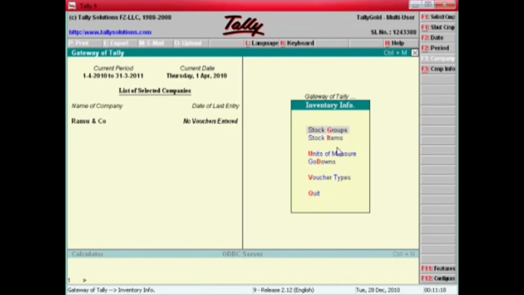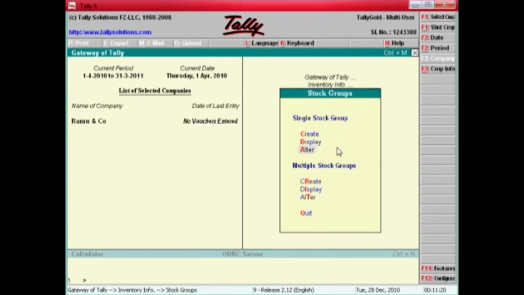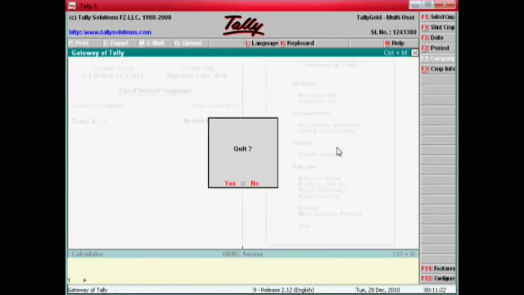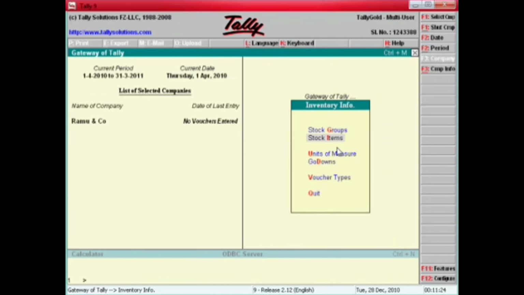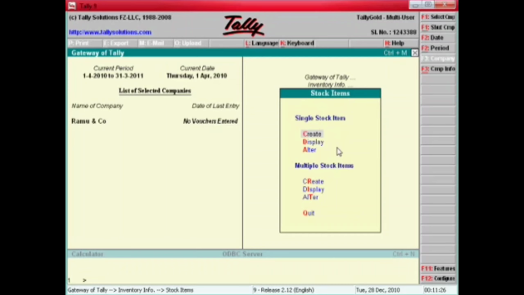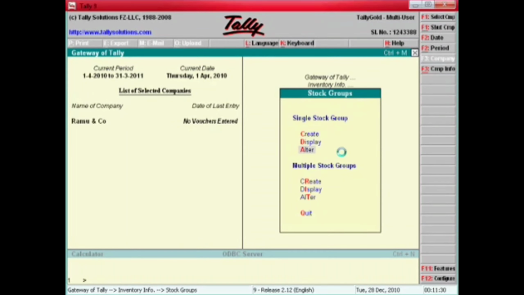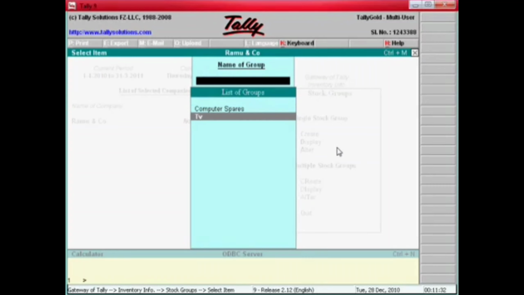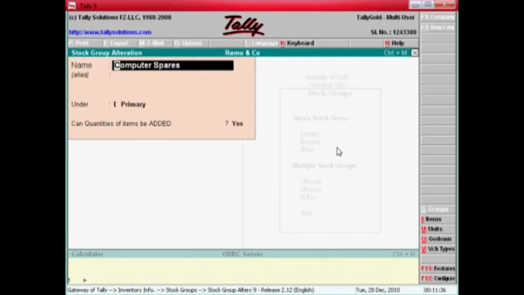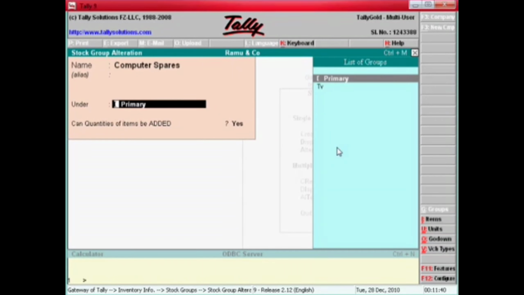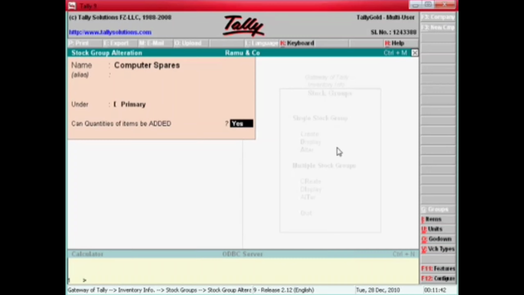Now stock groups. I have created two groups. Inventory info, stock items, stock groups. I have created two, that is computer spares and TV. How I have created it: name here as computer spares, under primary, quantities to be added, yes.